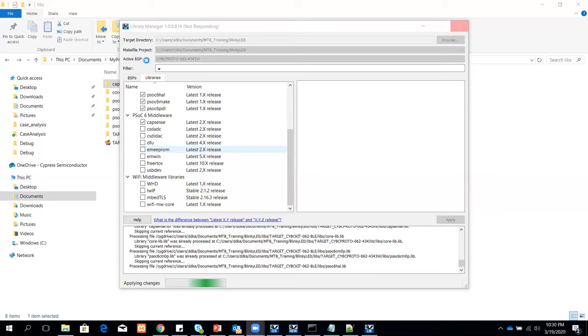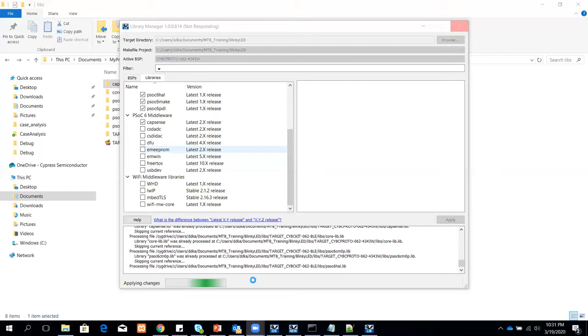And also at the top here, you'll notice that there is something called active BSP. And what this means is, if you have 2 or 3 BSPs chosen, I have probably the Wi-Fi Pioneer kit connected. I have the Proto kit connected, and now I only want to talk to the Proto kit. So how do I do that? So in the active BSP option, it has a drop down which will list all the BSPs, and you can select just the BSP you want to talk to, and everything is that much easier.